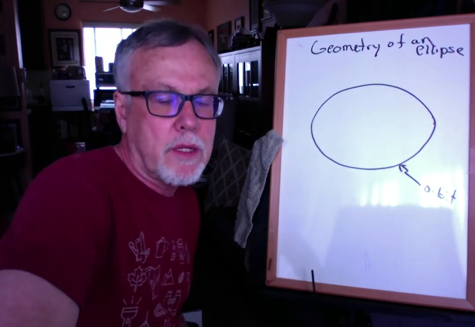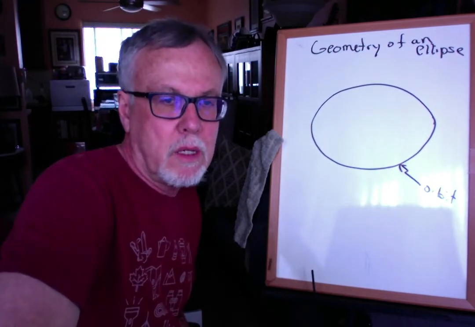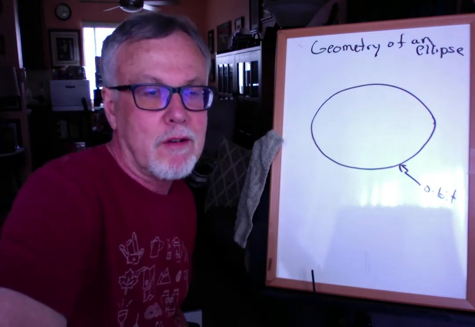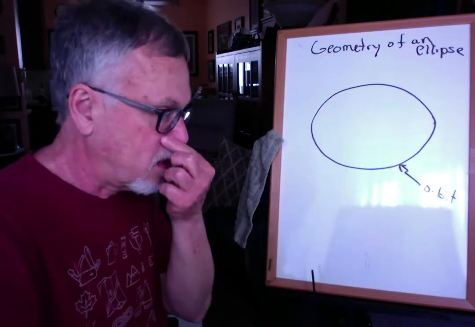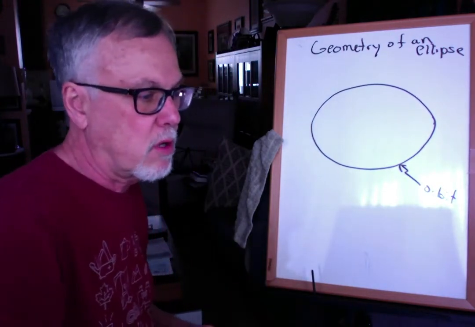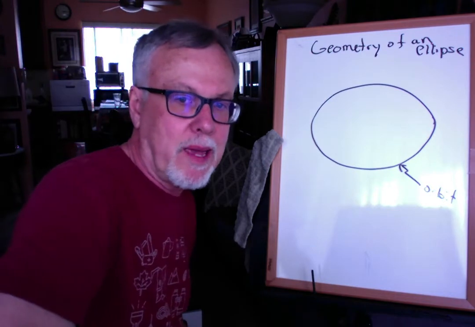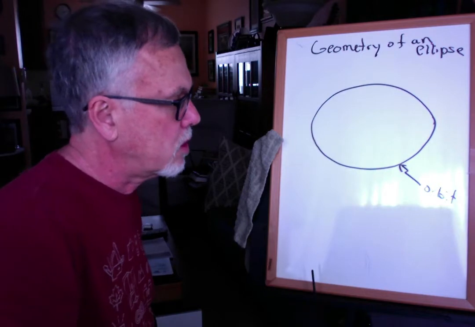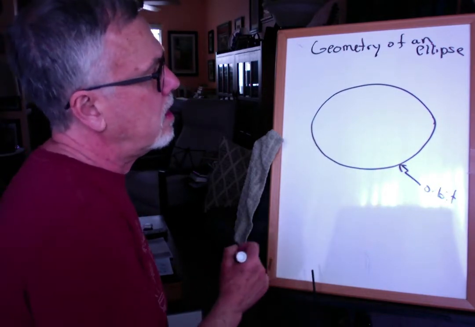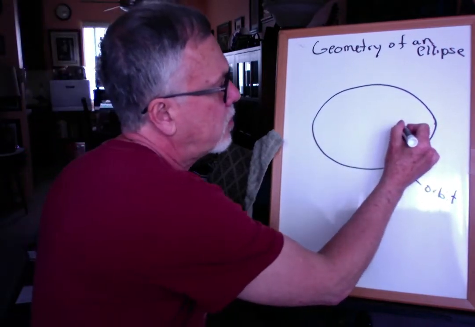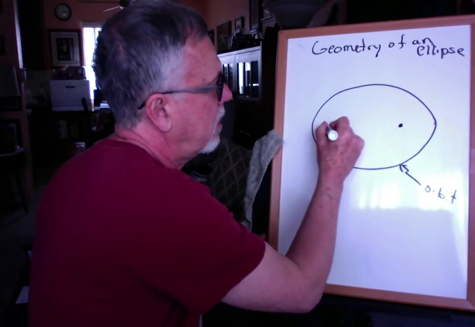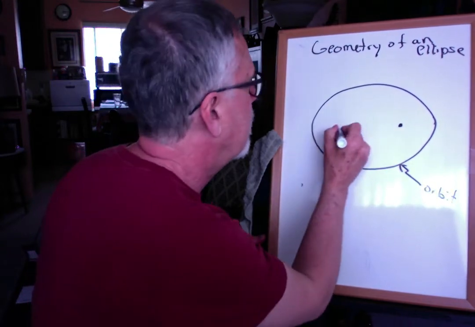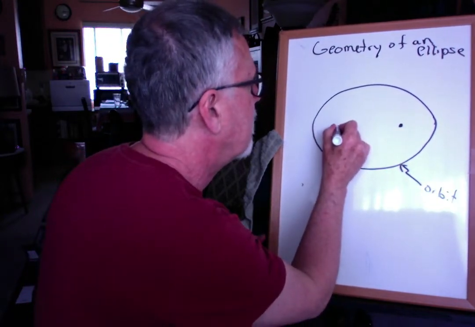So I'm going to define some things that you always find with ellipses. Now, if you take 3rd semester calculus, you'll learn a lot more about this stuff than what I'm going to give you, but that's not what we need here. This is for a beginning basic astronomy laboratory and talking about Kepler's 3 laws of planetary motion. So in all ellipses, we always have 2 special spaces, right there and right there. Well, let me actually do a little bit better job. Let me try to be somewhat symmetric here.